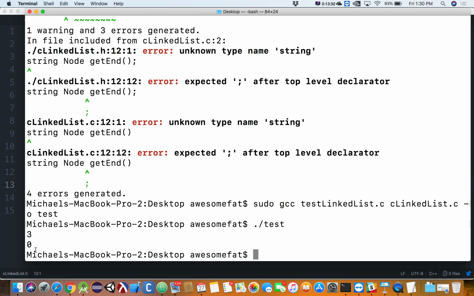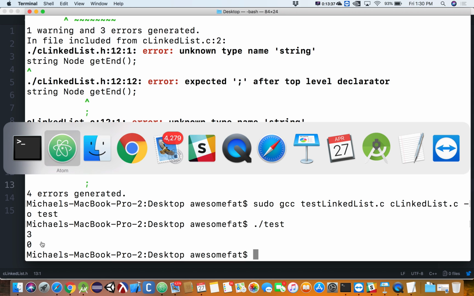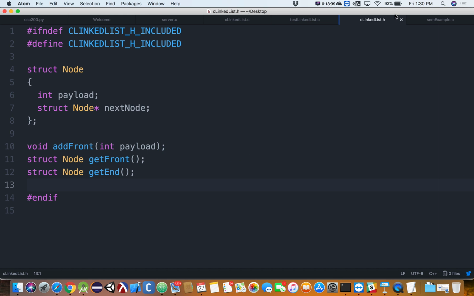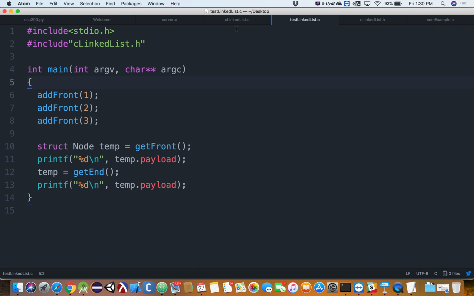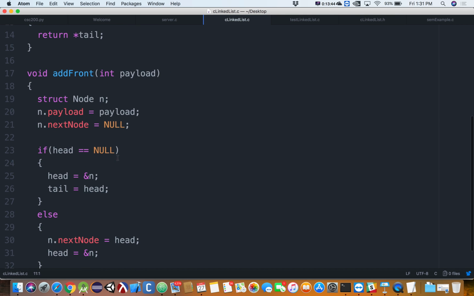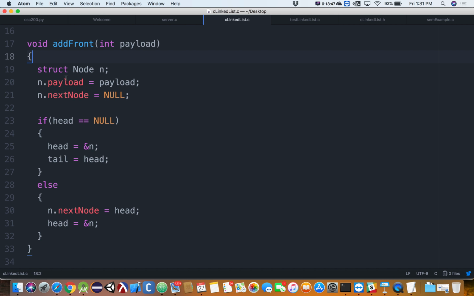So there's our 3. It's giving us a 0, which means that tail is not what it should be. So add front, we take in a payload, we create a new node. That should all work fine. If head currently points nowhere, we make head equal the address of this front node, and make tail point at the same place. Okay. Else,